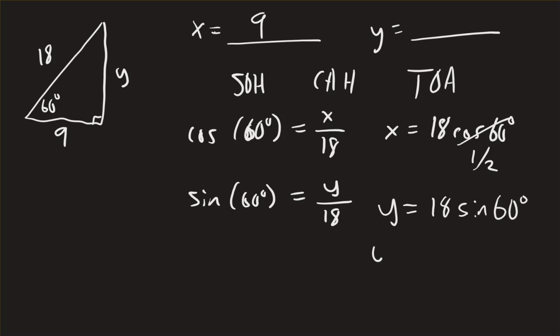And again, I know you're tempted to go to your calculator, type that in, but if you do, it's going to give you a decimal, and the directions here say find exact values. So no one's interested in the rounded decimal here. And the way you can do that without a calculator and to get an exact value is to know at 60 degrees, sine is the y value, square root of 3 over 2, and 18 divided by 2, I could reduce those, and that comes out to be 9 square root